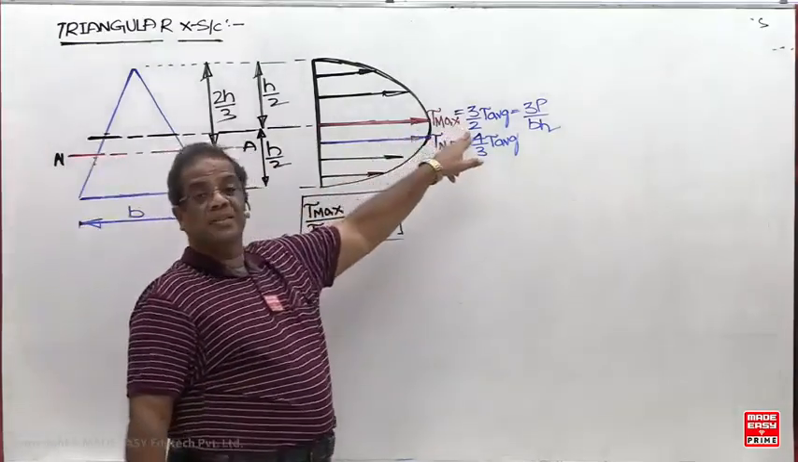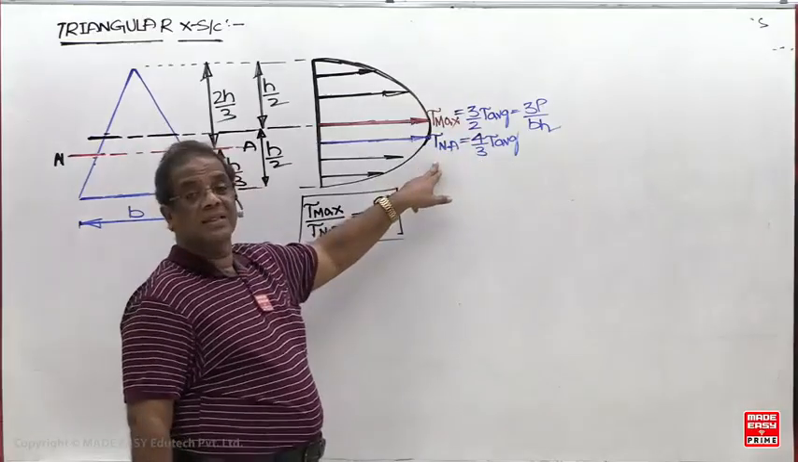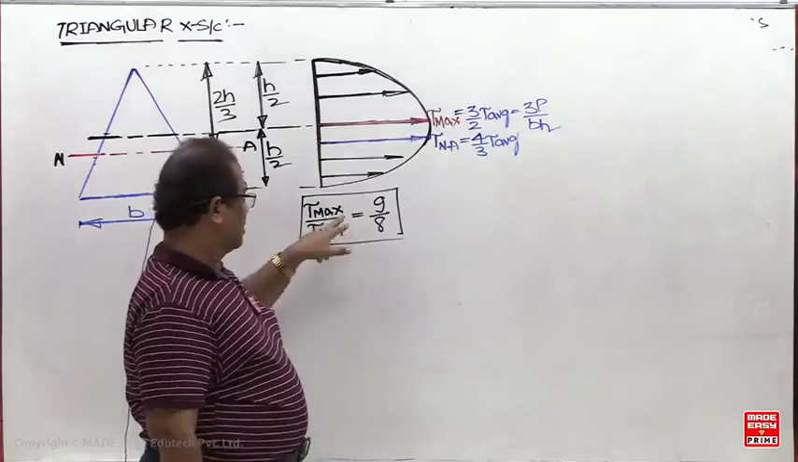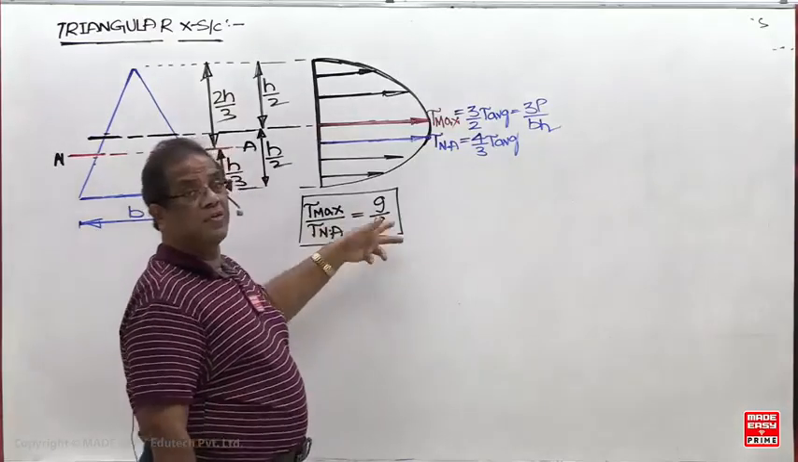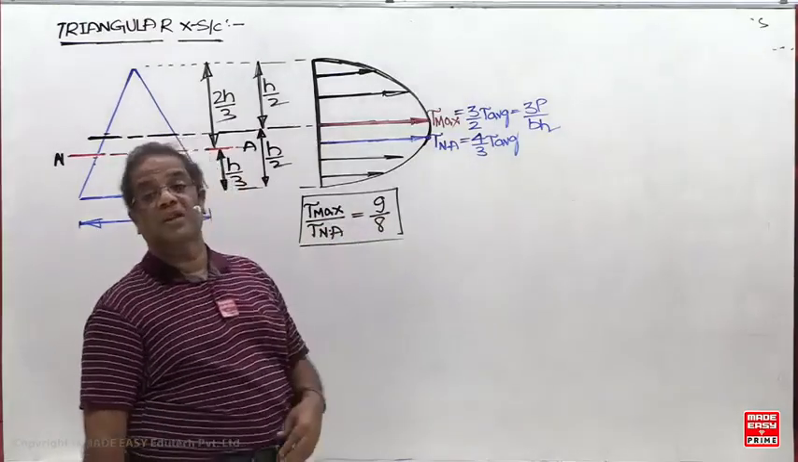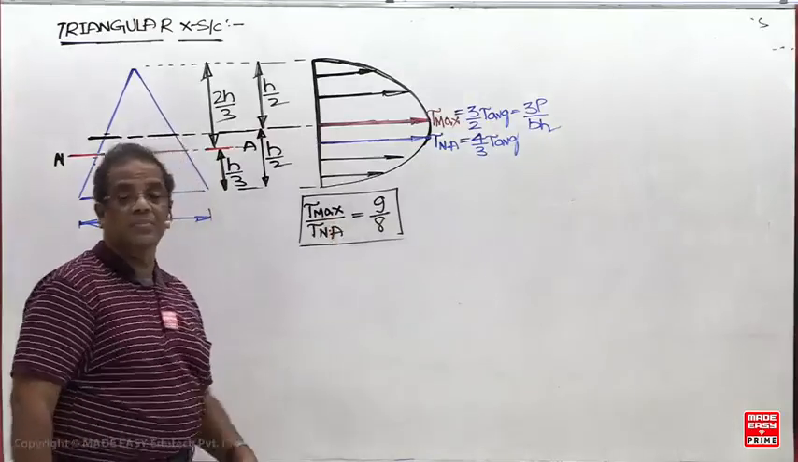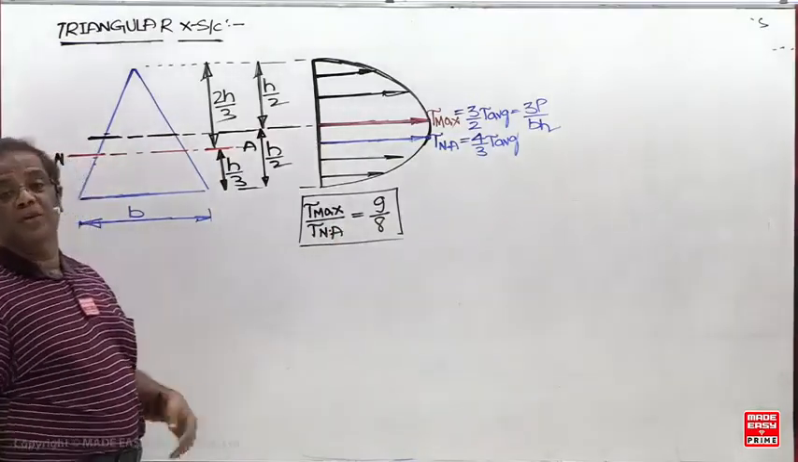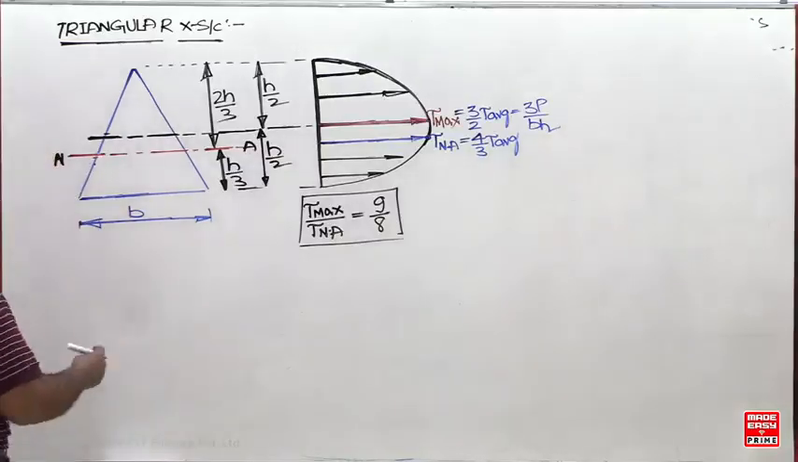The maximum will be 50% more than the average, but at the neutral axis it is 33% more. So the maximum shear stress is 9 by 8 times the shear stress at the neutral axis, that is, 12.5 percent more. But most textbooks mention maximum at the neutral axis, which is not valid every time. Next,